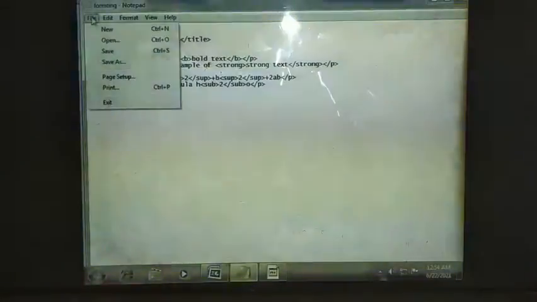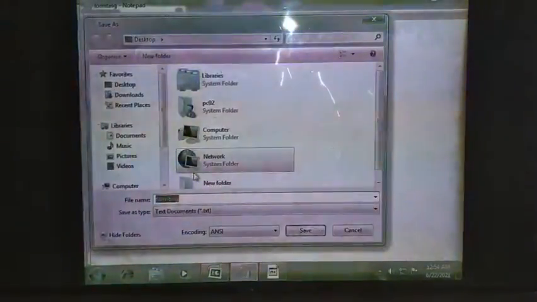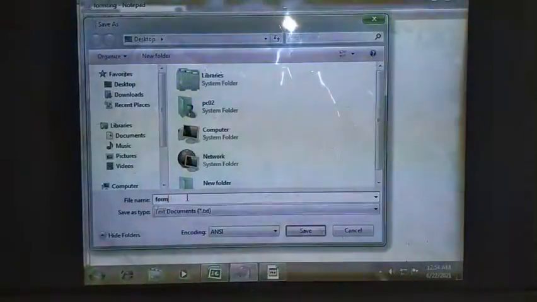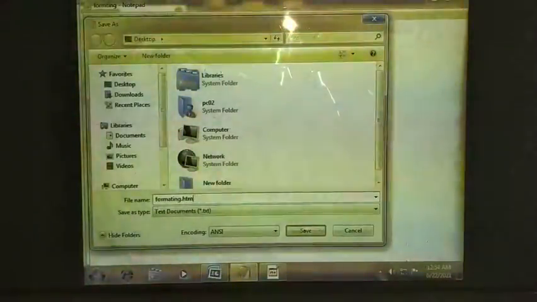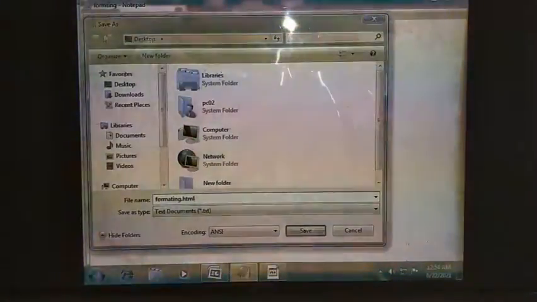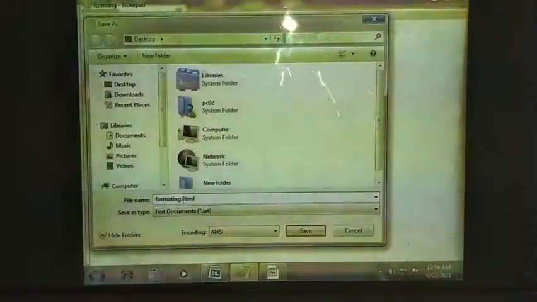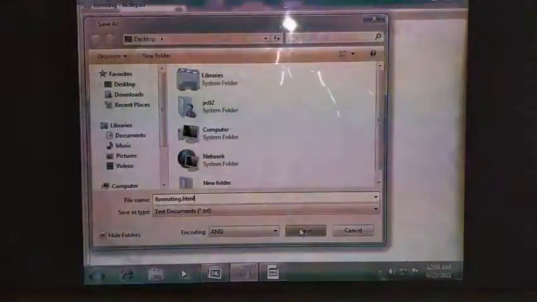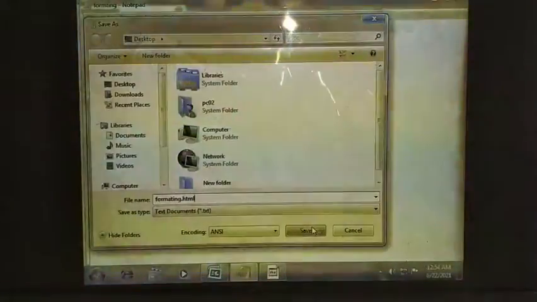I have given the name called formatting.html. Any name we can give. Formatting.html. So the extension should be .html like this. So the browser will understand that you have created an HTML file. Here you can click on desktop, click on save.